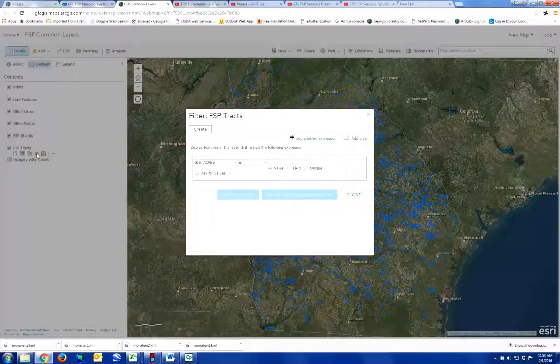You see, it was the filter feature that shows up when you hover underneath the layer within the table of contents. And remember, we wanted to use the plan ID,